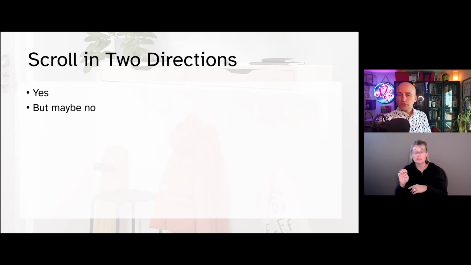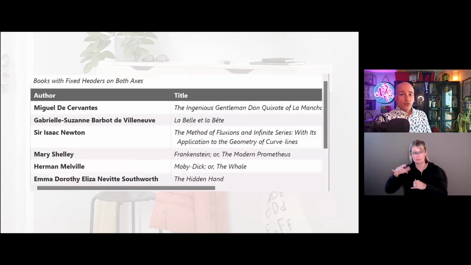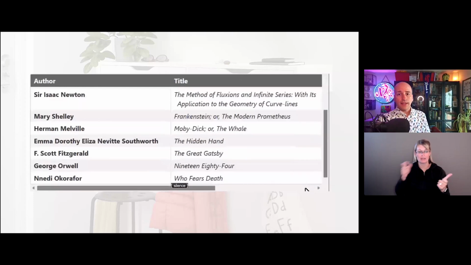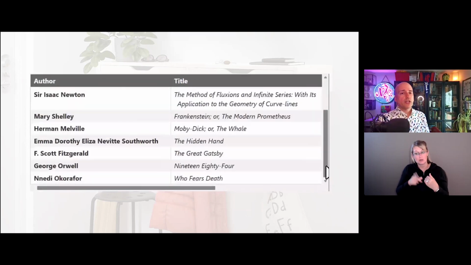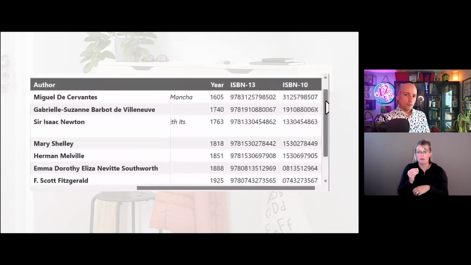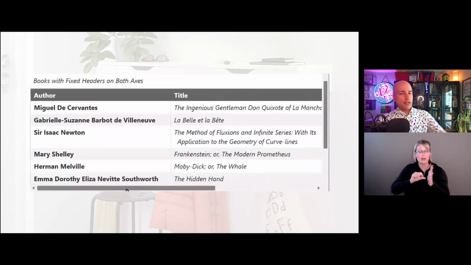In other words, maybe consider whether either axis of headers needs to be sticky. It might be overkill. Being cautious would also include testing for conformance with WCAG success criterion 1.4.4 Resize Text, as well as 1.4.12 Text Spacing. So I have a video here that demonstrates a table that is too large for the viewport and has fixed headers on both axes. This can be incredibly useful, or it can be incredibly frustrating. So be thoughtful of how you implement this at all, and definitely test with your users.